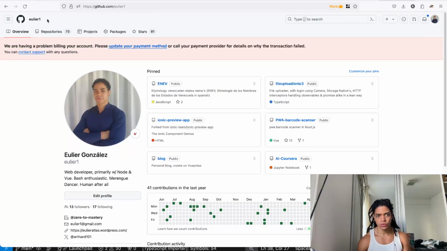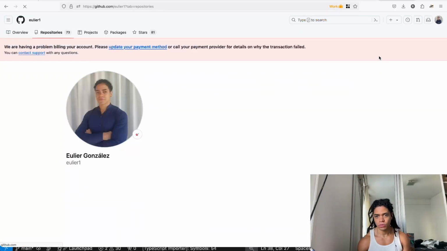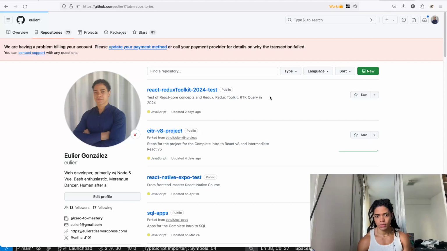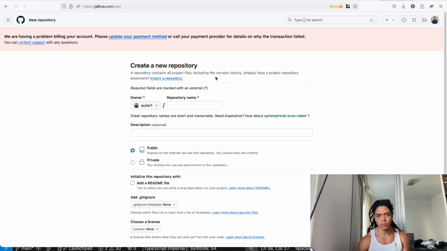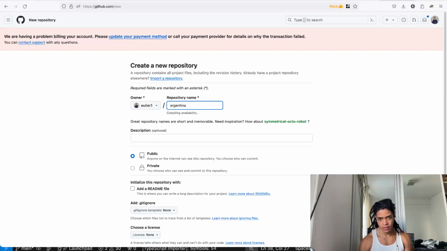So I want to create a new repo here, like so. With new, we say this will be Argentina in data.